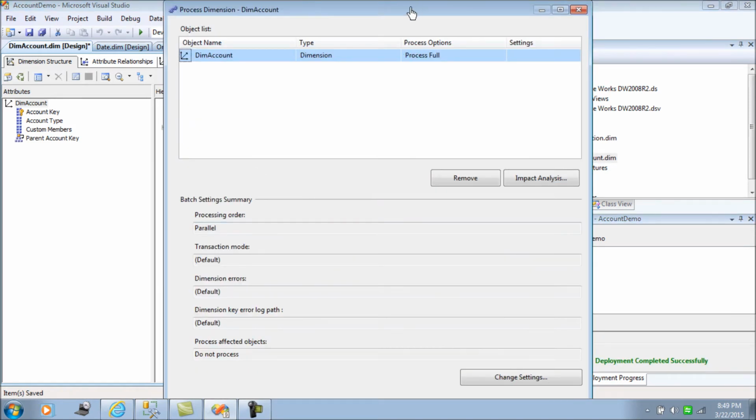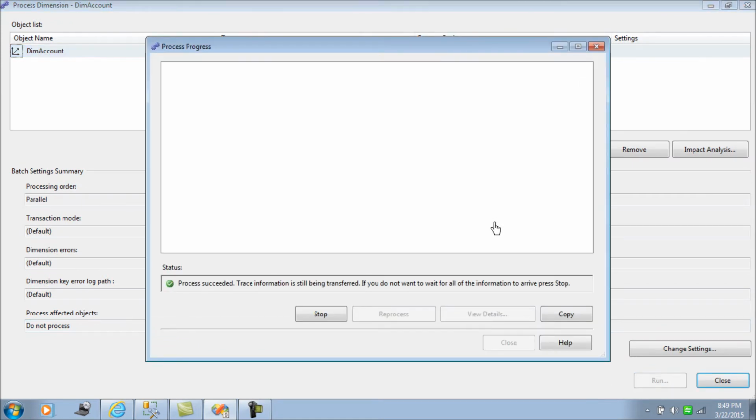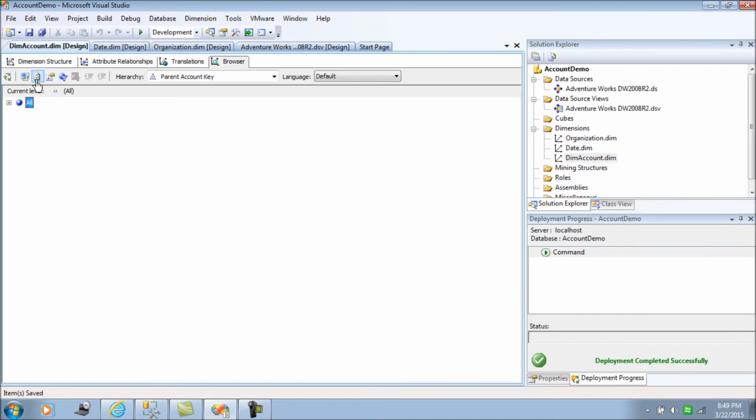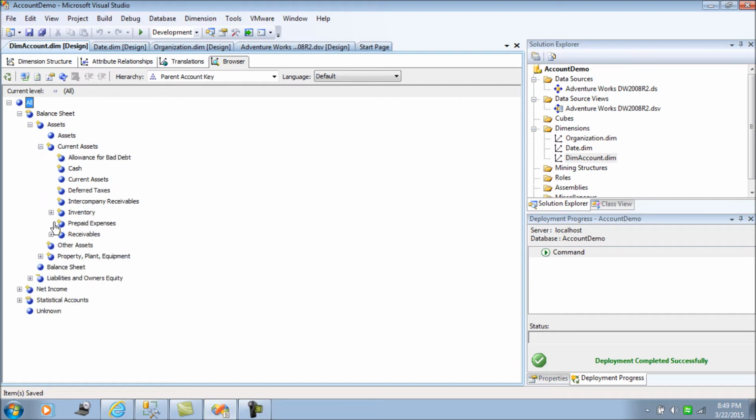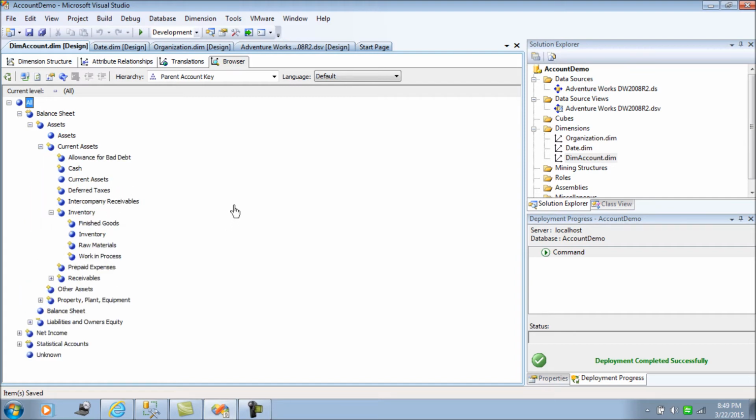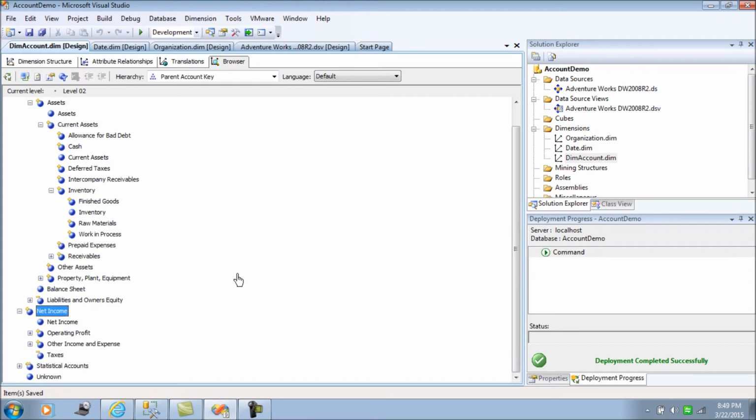Let's process this and look for mistakes if we have made any. Fine. Now let me browse it as well. So that's our different account types. We have inventory, and we have the current assets, the balance sheets, the net income. To point out, the net income basically would be the aggregation of the underlying child members, while for the important thing, like we already know, the inventory should be inventory as it is not a complete aggregation. It shouldn't be like that.